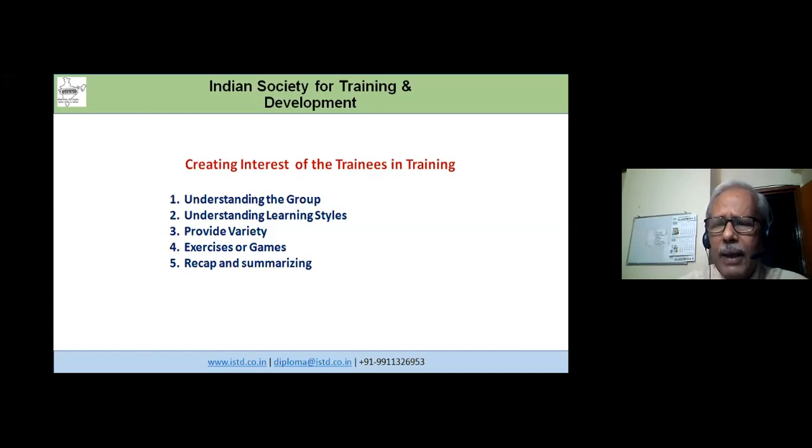At the end of the day, the purpose is that training should be transferred. And for transferring the training, every exercise or game has to be properly managed so that it relates to the topics of the program and that it reaches home to the minds of the trainees, what they've learned from this particular process of exercise or games or activity. That really spells out the credibility of a trainer, how you can relate that exercise or game or activity.